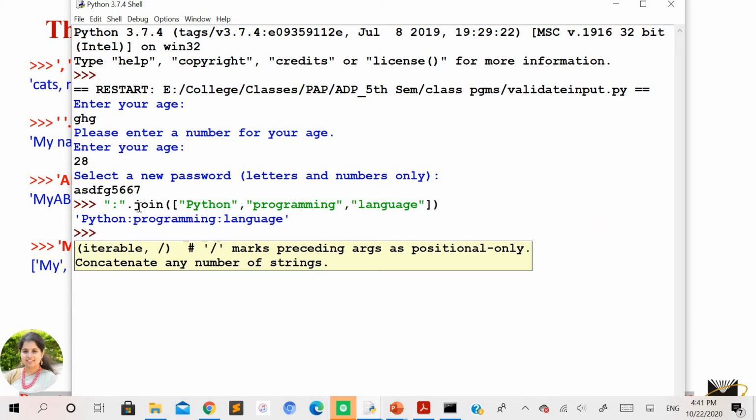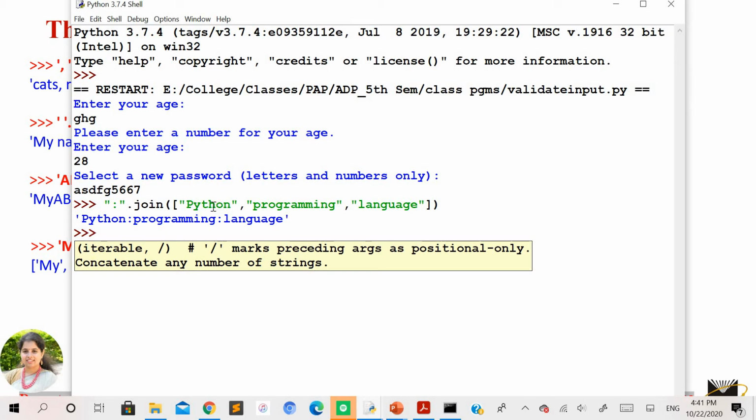Remember one thing here about how the join method is applied. The join method is used with one parameter being the string and the second parameter being a list. What the join method is going to do is take the first element from the list, Python, and the next element is the parameter used to join all the elements of the list here.